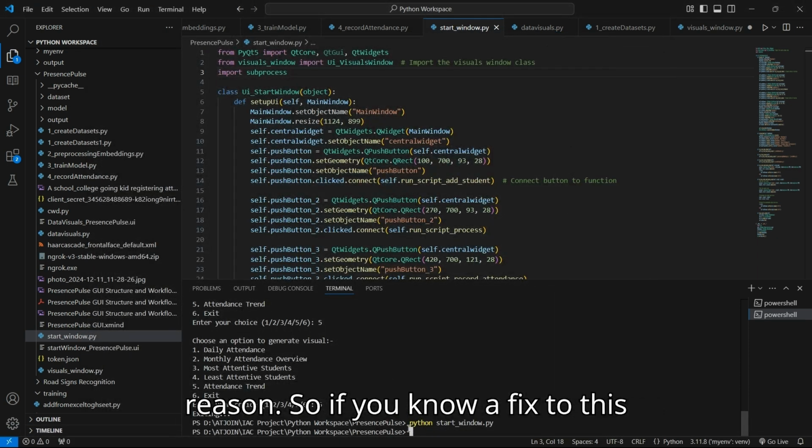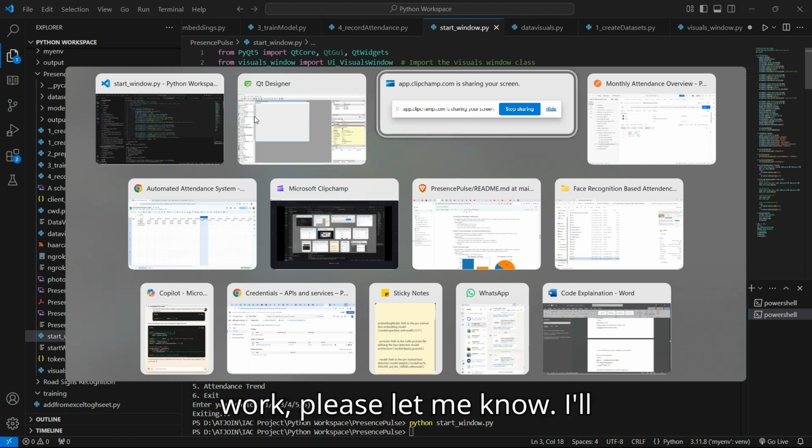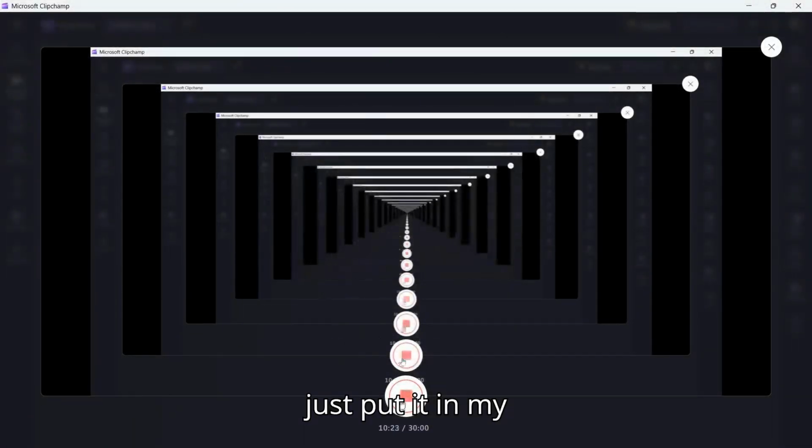So if you know a fix to this, or if you know how to make this work, please let me know. I'll just put this repository